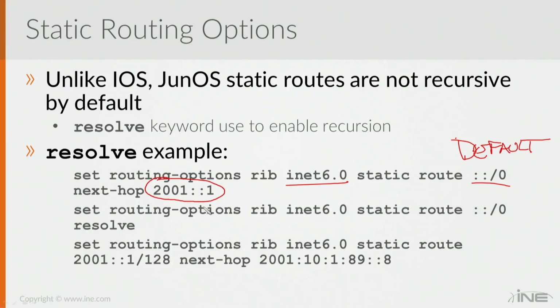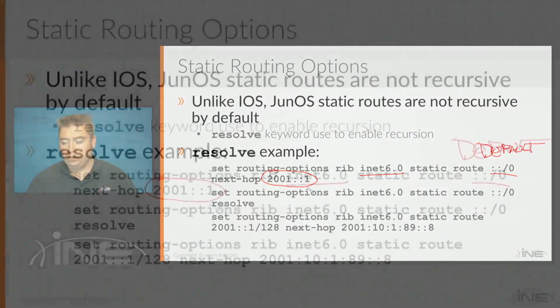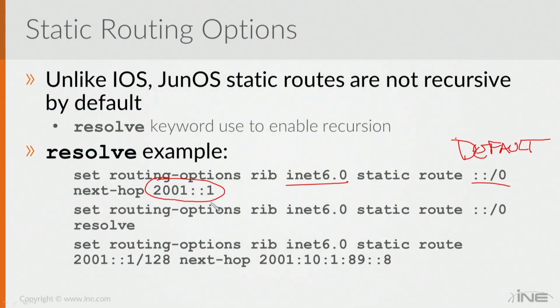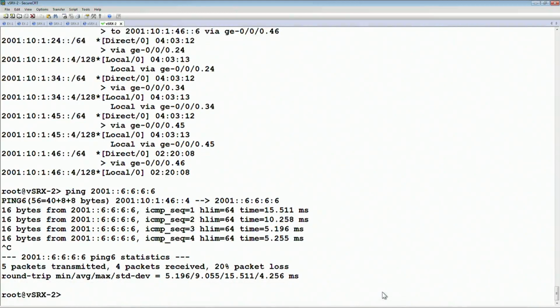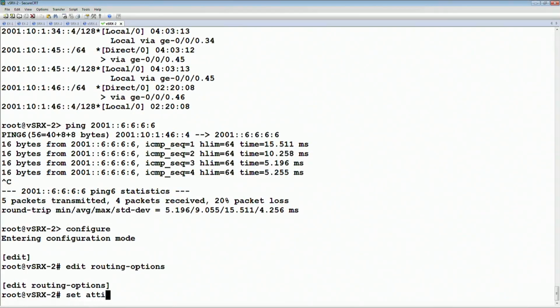Now, assuming that 2001::1 is not on a directly connected interface, there might be some other intermediary route that's pointing towards it. The router is not going to be able to install this in inet6.0 into the actual RIB and then into the FIB. So by saying that we have the option resolve on the route, if we have another route that's pointing towards the next hop and we are somehow able to recurse it towards an interface, then we would be able to install it. So like in this case, if we were to say config, edit routing-options,